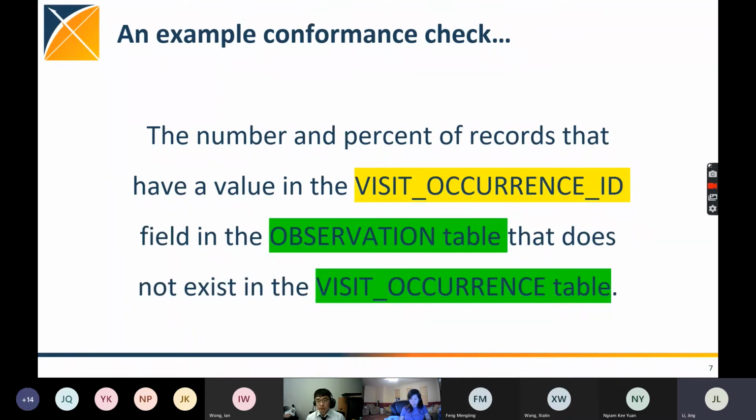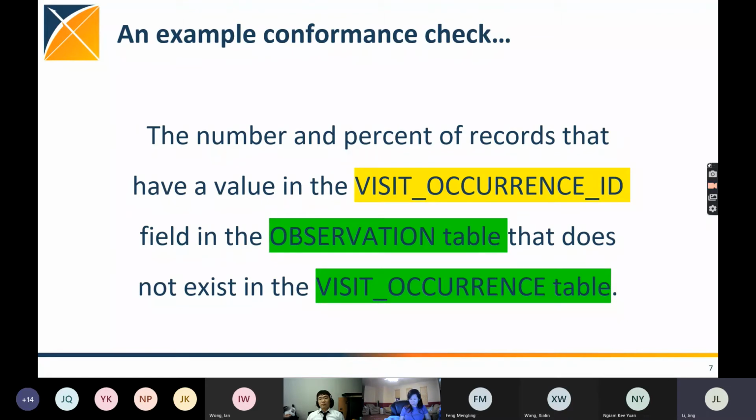Now let's look at another dimension, which is conformance. You might know that tables in the database usually involve constraints such as primary key and foreign key. This rule says that there are some visit IDs in the observation table that are not present in the parent visit table.